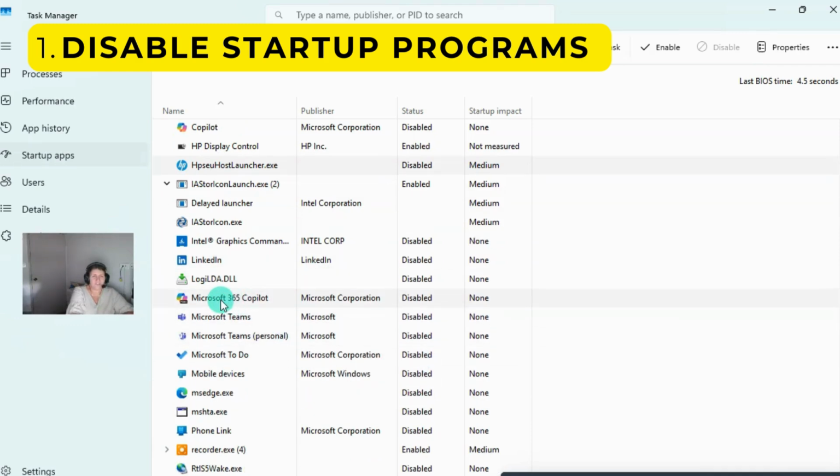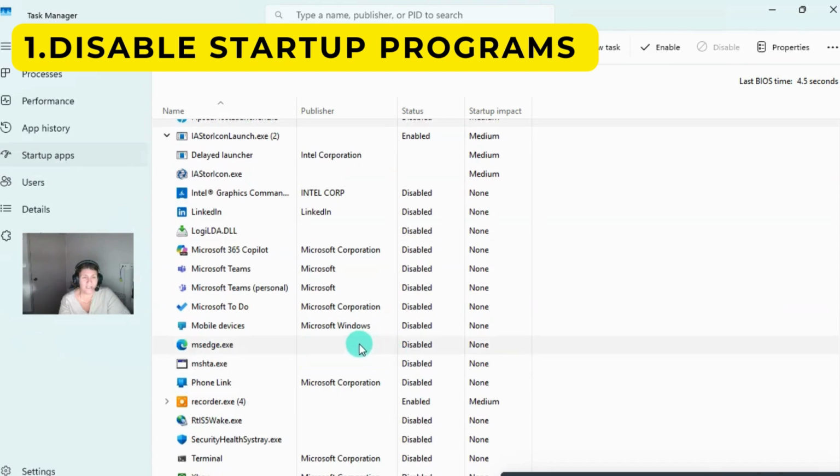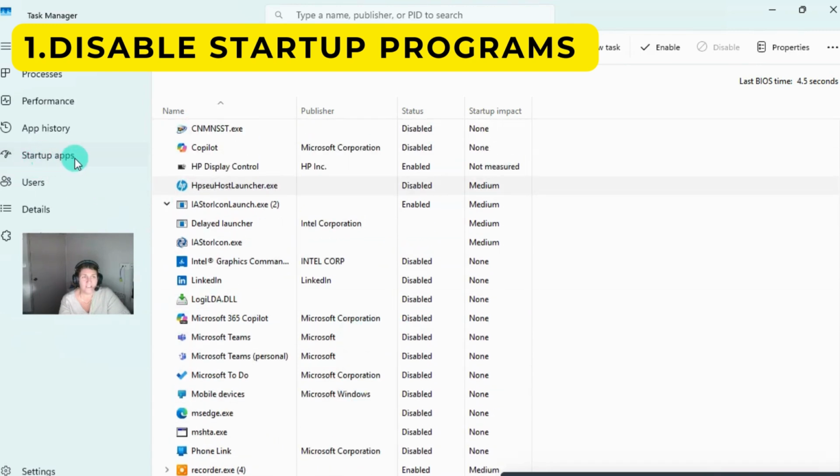Yeah, I've disabled Microsoft 365 from starting up when I start the computer. So if I want to use that, I can just go and use it still, but I do not want it starting up when I'm not using it. Okay, all right, so that's the startup programs in the Task Manager under Startup Apps,